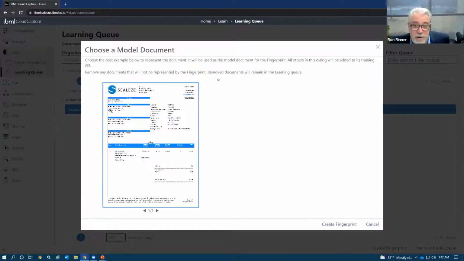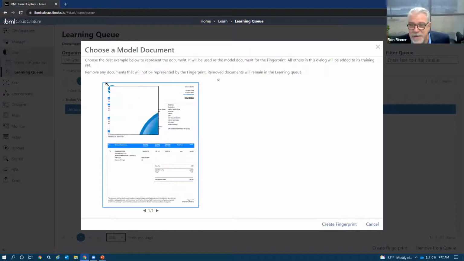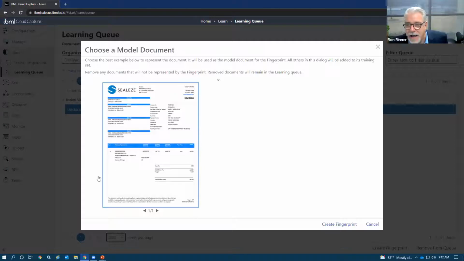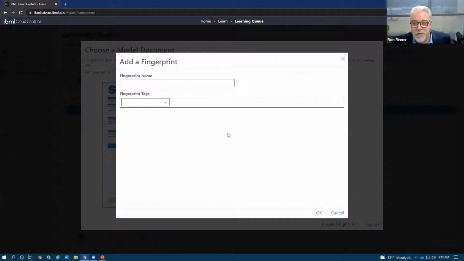If I wanted a better look, I could double click it and then use the magnify flyout, right? Let's take a look, see, yep, that's a CLEs. I need to make a fingerprint of a CLEs, so I'm going to say Create Fingerprint, fingerprint name, CLEs invoice. Now I've just classified this thing as a CLEs invoice.